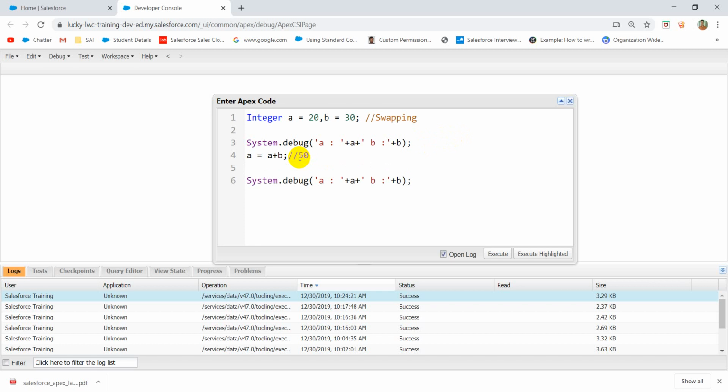Now what I'm trying to do is b equals a minus b. This means 50 minus 30 equals 20. Now a equals a minus b, which means 50 minus 20 equals